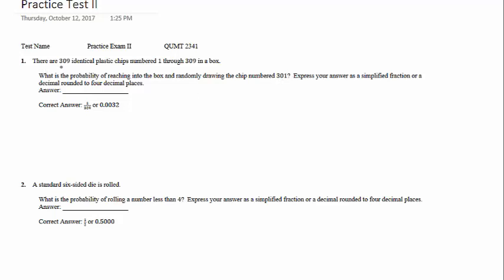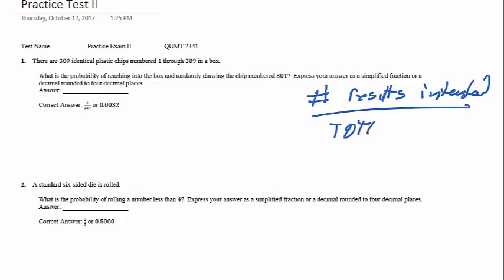Let me start at the beginning. There are 309 identical plastic chips numbered 1 through 309. What is the probability of reaching into the box and drawing number 301? Express your answer as a fraction or decimal. Okay, so what we're interested in here is the number of outcomes that we want, over the total